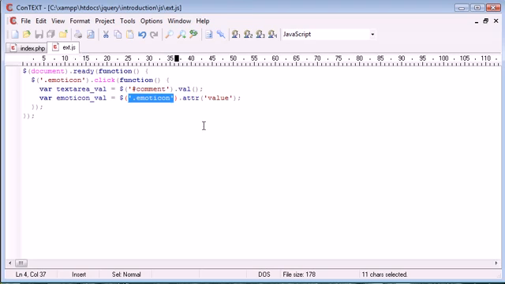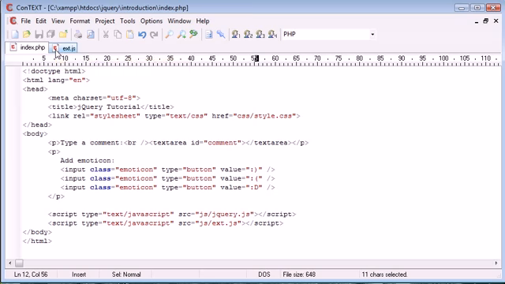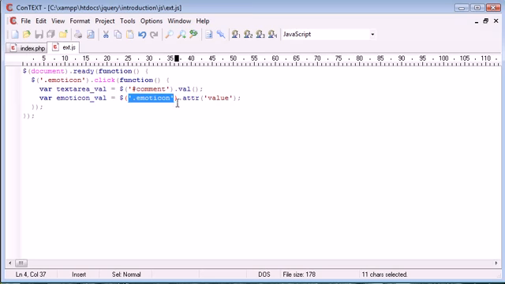So what we're actually doing here is we're selecting a smiley face, a sad face, and then a wide mouth face. So we don't want to use this, but instead we want to use this, and this means that whichever emoticon is clicked, we get the attribute associated with the currently clicked element. So we can go ahead now and just alert these out in turn to check that we've got everything